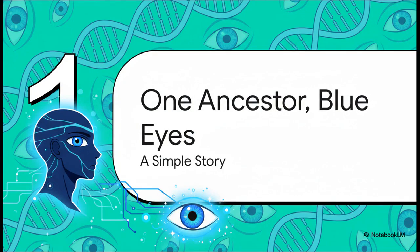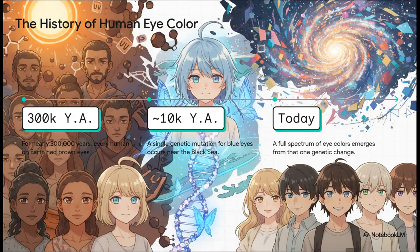You see, before this one individual came along, the story of human eye color was, well, really simple. For pretty much our entire history as a species, there was only one option on the menu. For almost 300,000 years, every single human on planet Earth had brown eyes. And for good reason. It was a critical survival tool. You've got this pigment called melanin, right? It's packed into the iris and basically acts like built-in sunglasses, protecting our eyes from harsh UV light, especially near